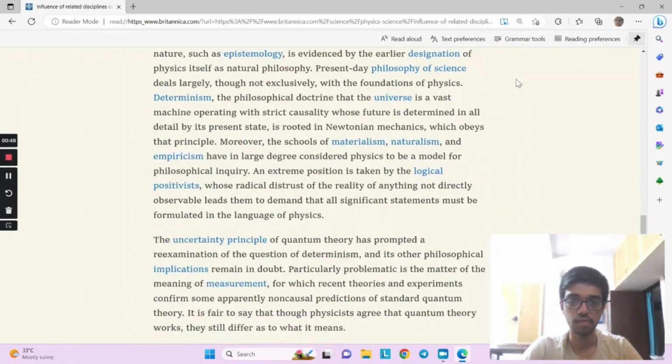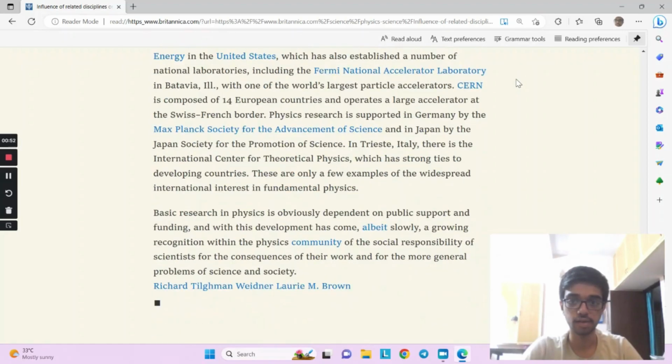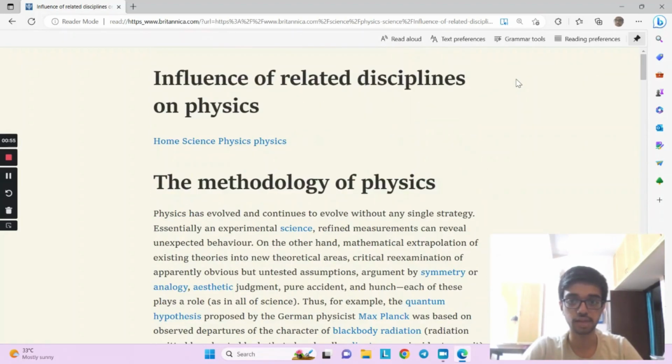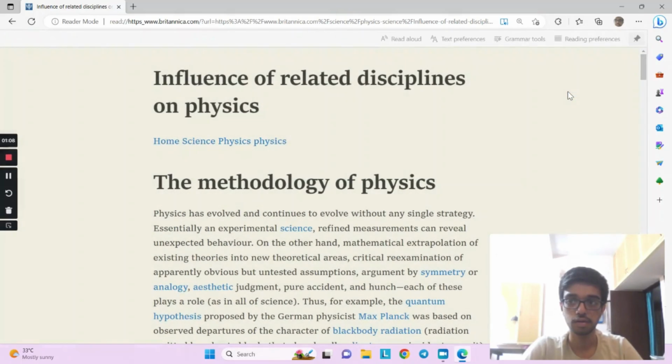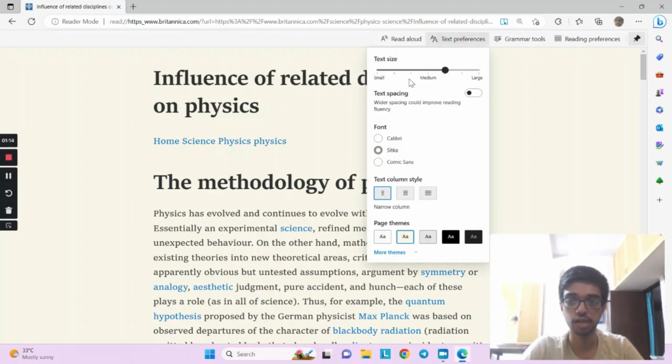And then we see everything has been eliminated, but you get only a template which looks like this, along with the content that you want to read. The bar on the immersive reader here has 4 options. Read aloud, which reads your content. Text preferences, where you can change the size of your text, give some spacing for better reading, change your font, give a column style, change your page theme, and